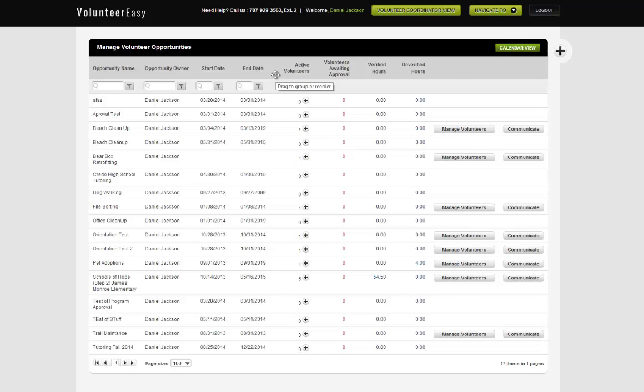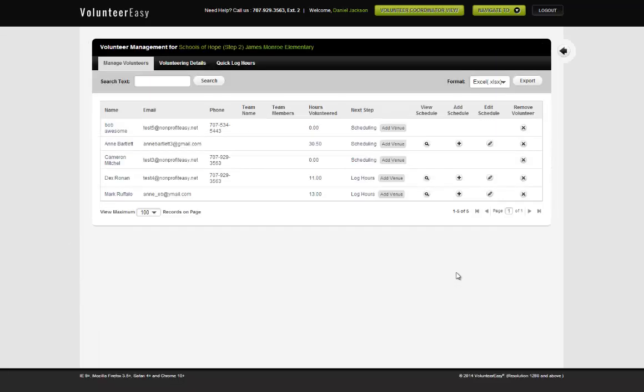To manage a volunteer, click on the Manage Volunteers button in the Manage Volunteers Opportunity list. From the resulting screen, you will see a list of all volunteers that are currently assigned to the opportunity you have chosen to manage. Using the filter field, you can search for particular volunteers by both name and email. From this screen, you can remove volunteers from a venue by clicking on the Delete button in the Remove Volunteer